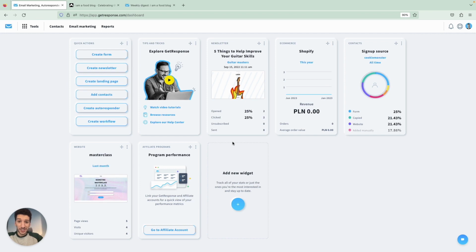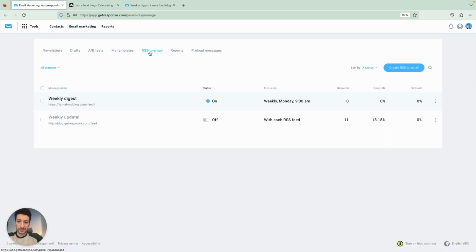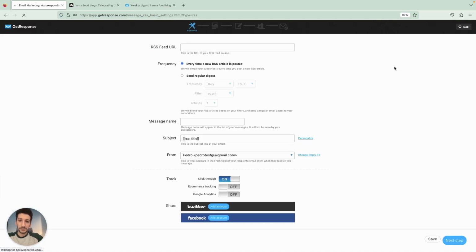Let's have a look. Alright, so now starting from the dashboard, we need to go to email marketing and RSS to email. Let's go here, and from here just click create RSS to email. And now we will stop for a second so that I can teach you how to find the RSS feed